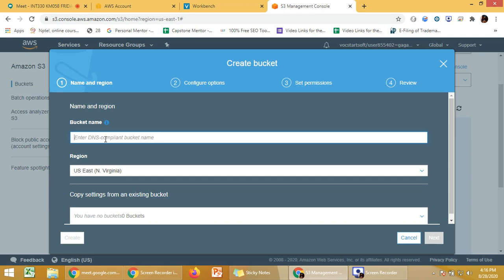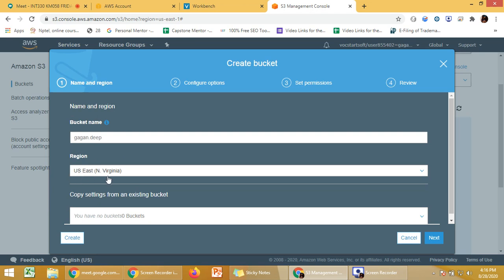No other bucket name should be there from the same name. So in this case I am going to take my first name, then my last name as a bucket name. If there is already an existing bucket with this name, it will not create this bucket. It will simply say that this is already existing.